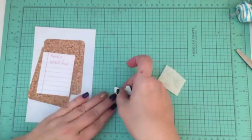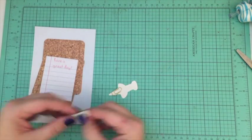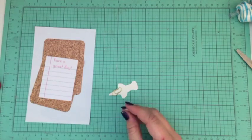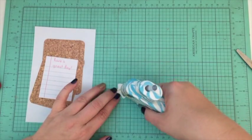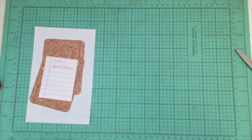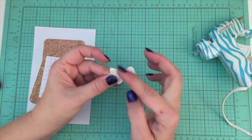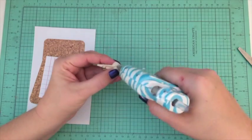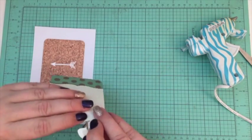So I wanted to actually use that little cut apart as my paper clip. So I took a really tiny little gold paper clip that I got at Michael's. It's a Recollections paper clip. And I just hot glued some felt on the back, just at the top, just to kind of keep it secure. And then I am going to glue